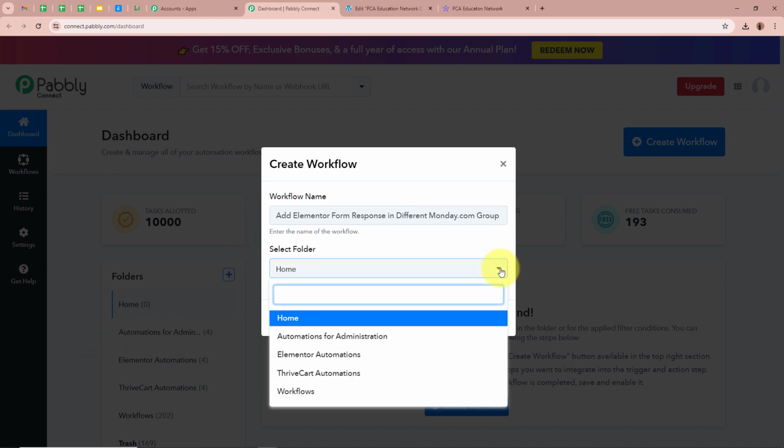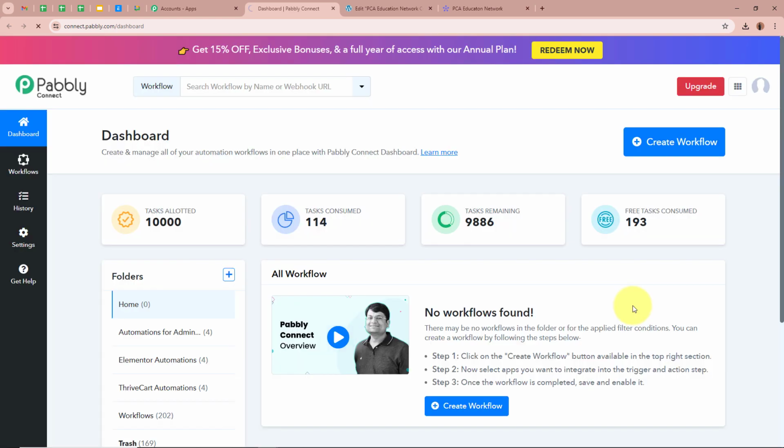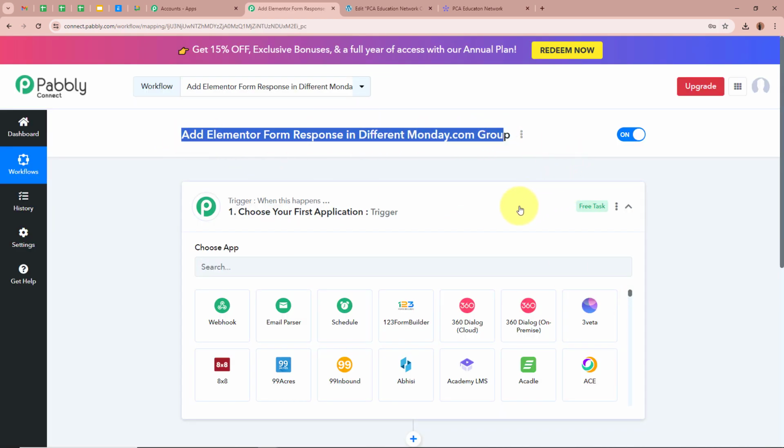For that, click on this drop down arrow. So these are the folders from which I'm going to select Elementor Automations as the folder I want to save this workflow in. After giving a name to a workflow and selecting the folder, let's click on Create in order to create a workflow. A workflow is created in the name of Add Elementor Form Response in Different Monday.com group,